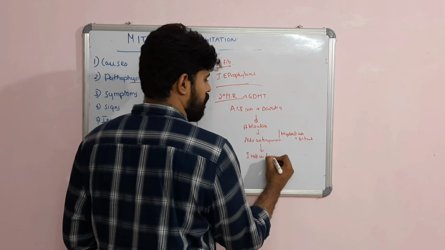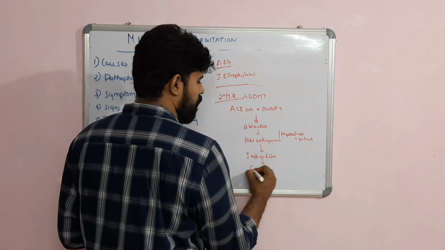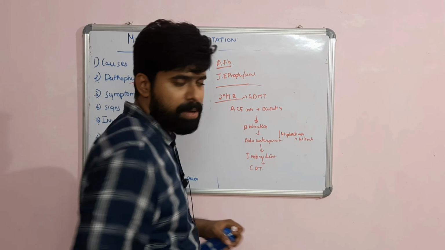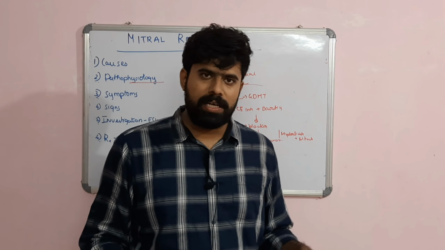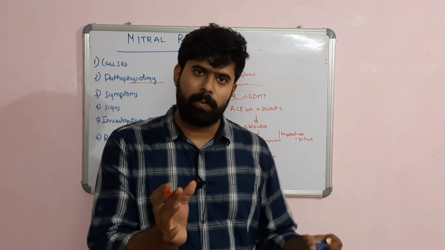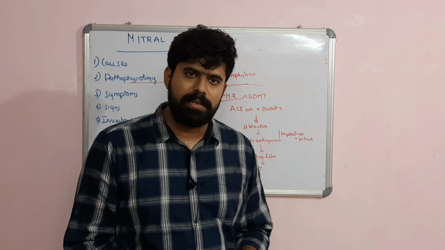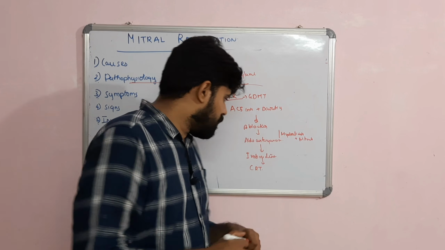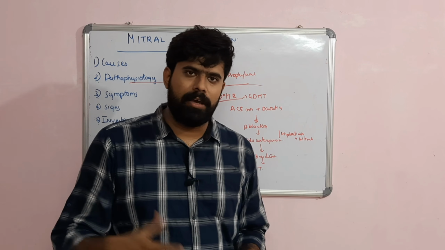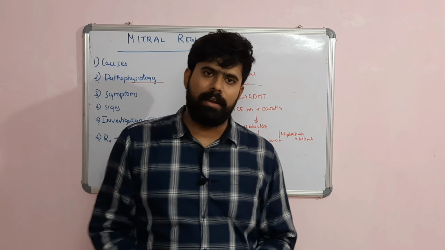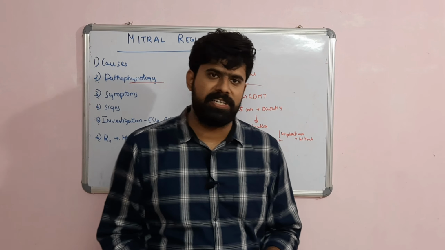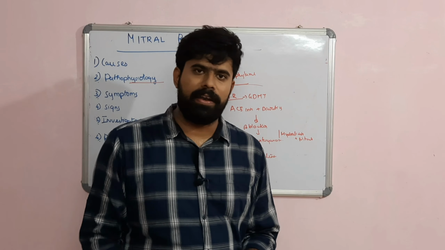If nothing of these sorts works, then you have to go for cardiac resynchronization therapy. This is biventricular pacing that can be done in a patient with heart failure who is having some bundle branch block with a wide QRS complex. Finally, heart transplantation is the end treatment. You can also go for ICD implantation if the patient is at risk of sudden cardiac death.